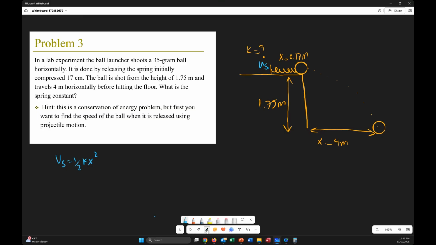We have the x. Do we have the k? No, we don't have the k. It means that we cannot calculate the energy here. We need to find the k first. But we know that this energy will be transferred to the ball, and the ball will get what kind of energy? Kinetic energy. Energy is conserved. Good. Energy is transforming from one situation to another situation. So when the ball was on the top,